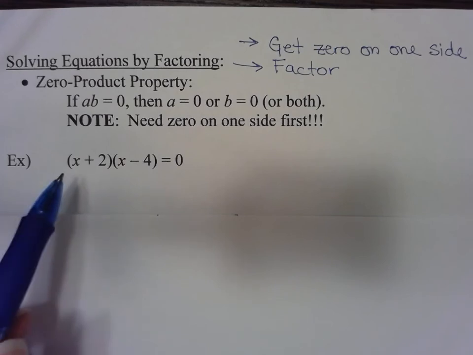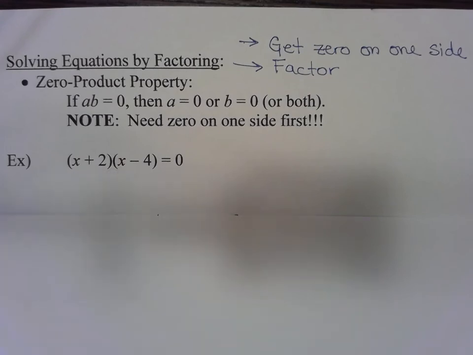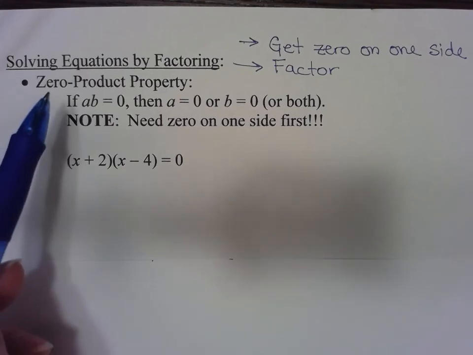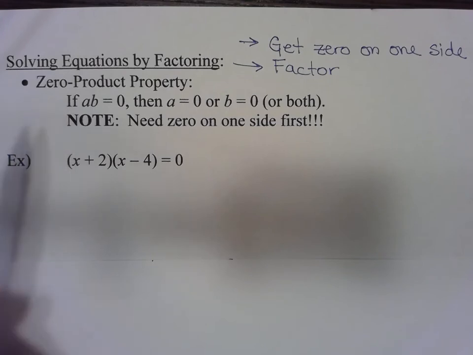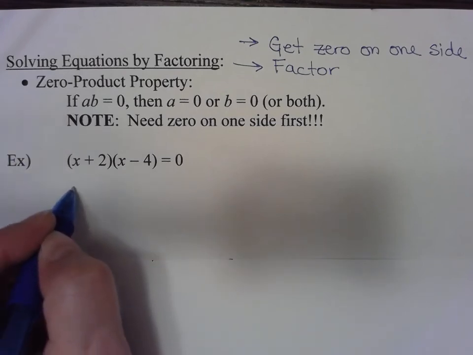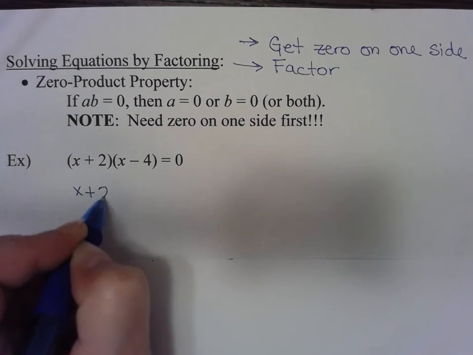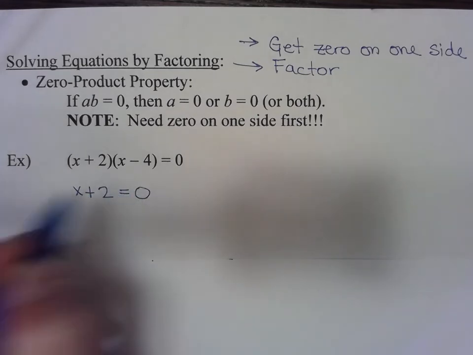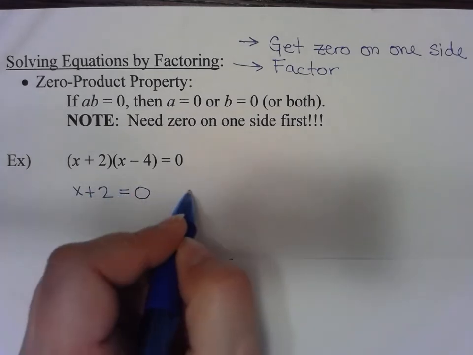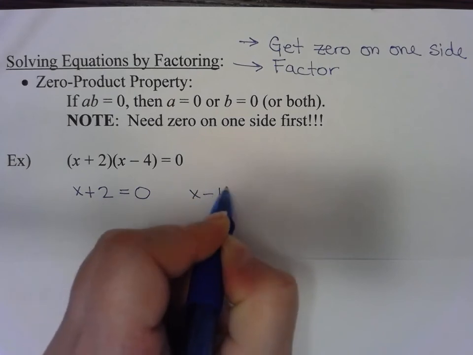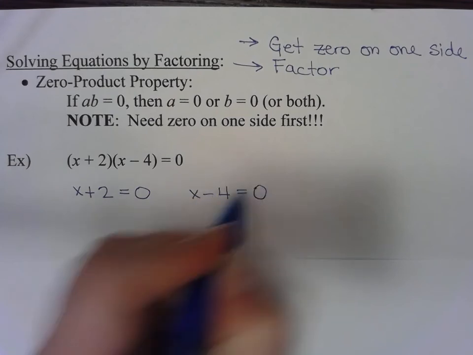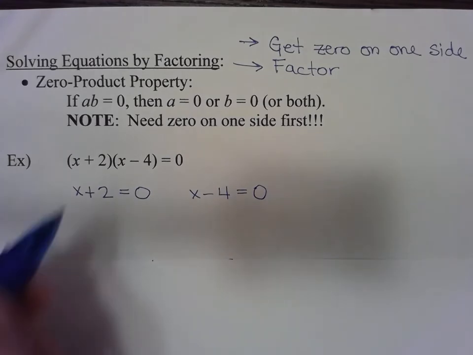Okay, so we're going to start simple, right? Everything actually is done for us. 0 is already on one side. It's already been factored. So really, for this first example, we're just practicing this extra step that we use when we solve an equation. And that is to set each part equal to 0. So the 2 factors, x plus 2 and x minus 4, we set them individually equal to 0, and then